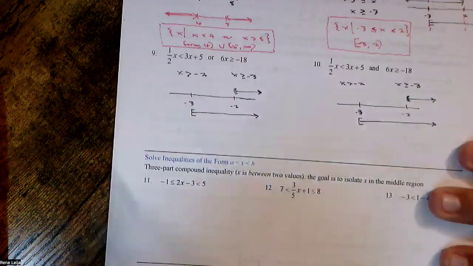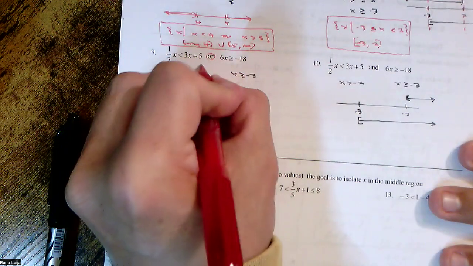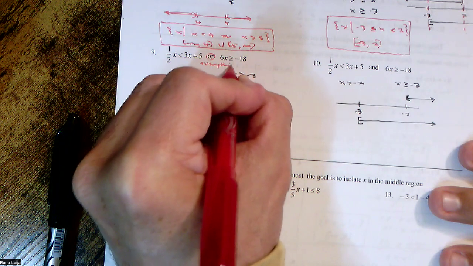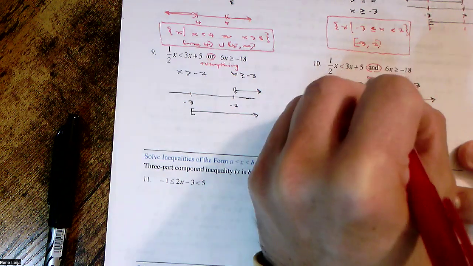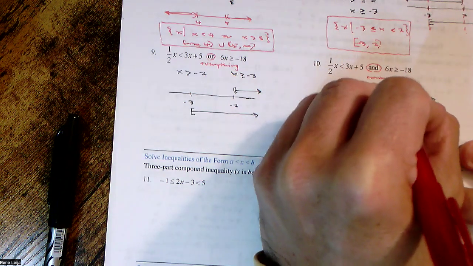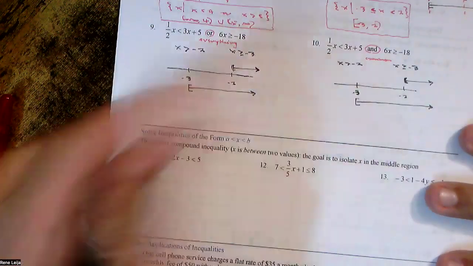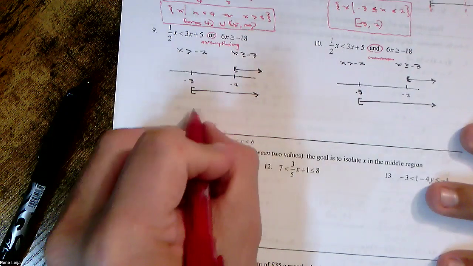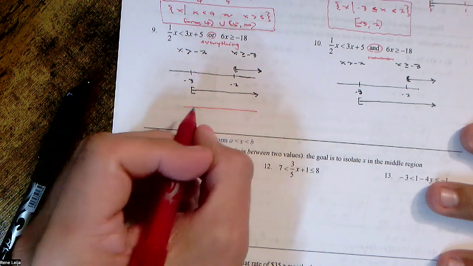Okay, now remember, the "or" is everything. I want it all. The "and" is only what's common. Okay, so here we go. So my answer on a number line, if I want it all,